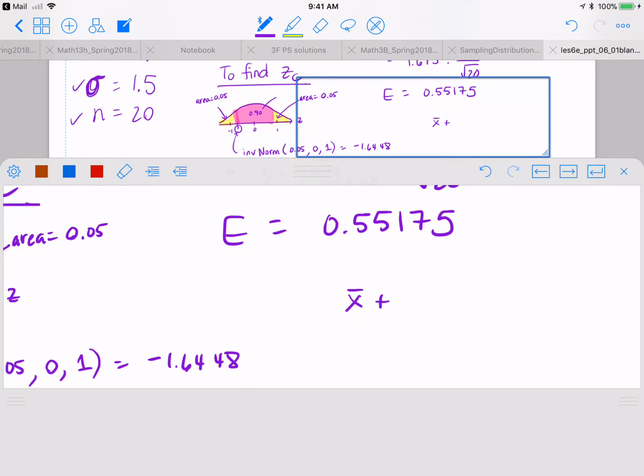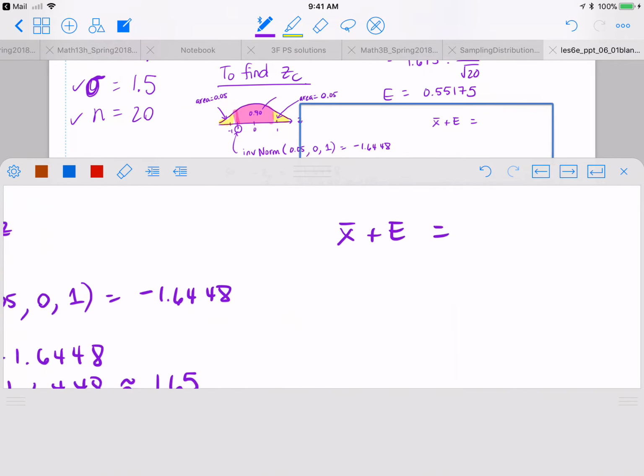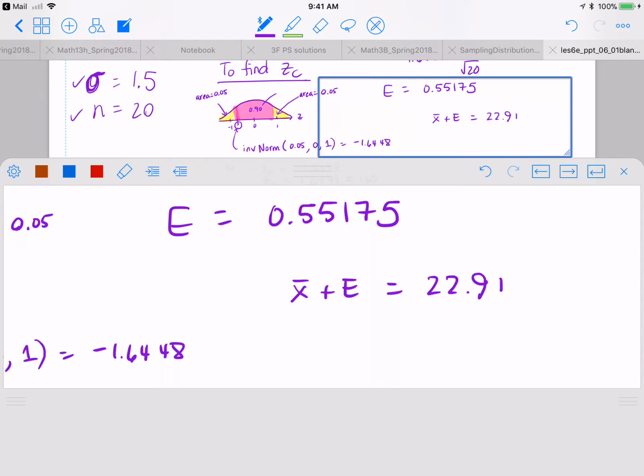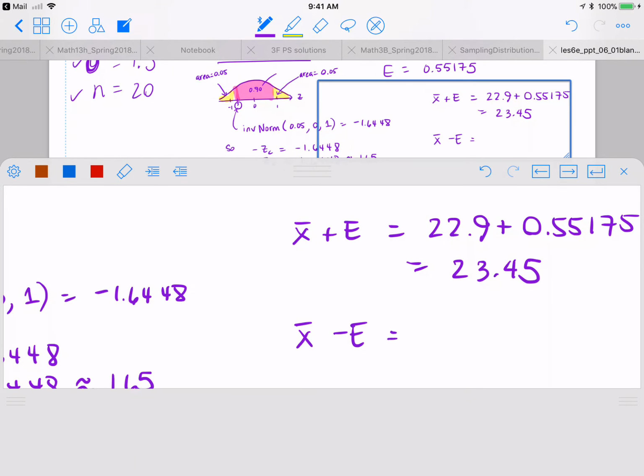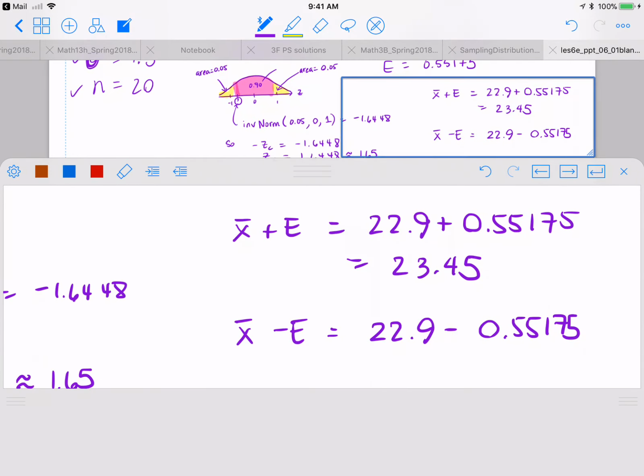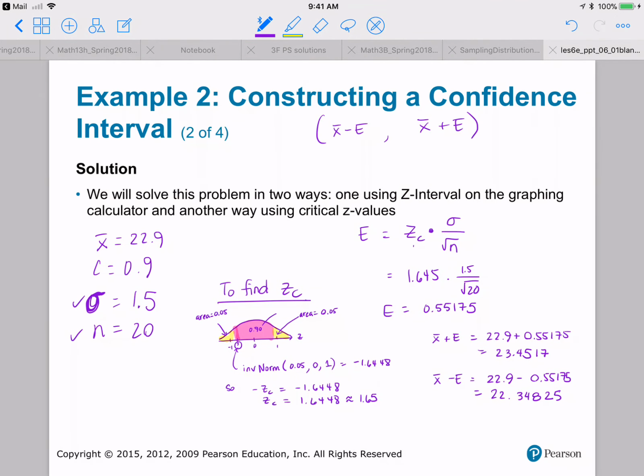So x bar plus E is going to be, what's x bar? 22.9 plus 0.55175, which is 23.45. Okay, and then x bar minus E is 22.9 minus 0.55175, which is equal to 22.34825. Okay, so if we did everything correctly,